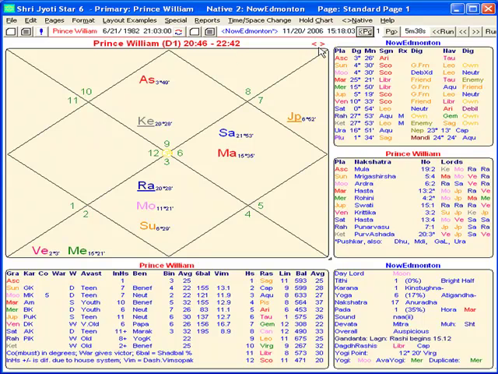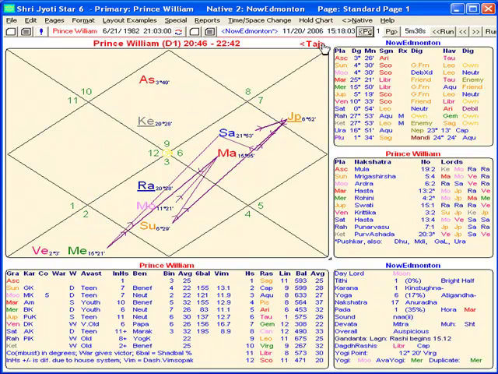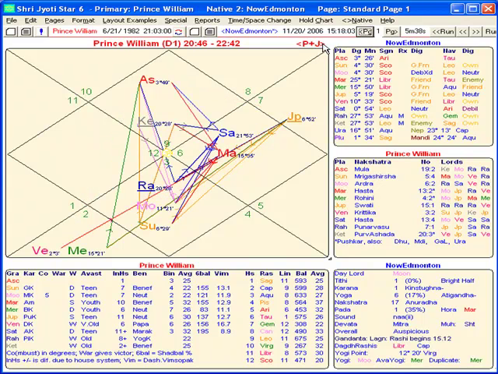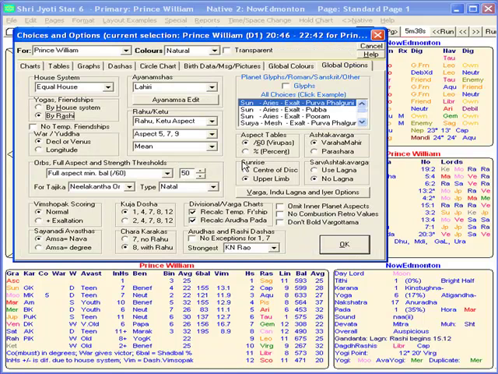And these little things here are allowing us to switch on aspect lines. The different kinds of aspect lines, we just keep clicking. And depending on which side we click, it goes in a certain cycle round through the different kinds of aspect lines. And you can control how strong the orbs are in the global options. So you just click somewhere, you go to global options, and you choose here what strength you want the